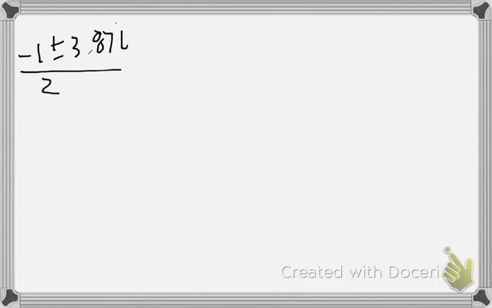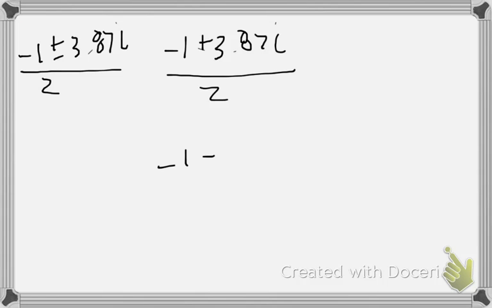So to find our first zero, or our first solution, we will take -1 plus 3.87i all over 2. Then our second will be -1 minus